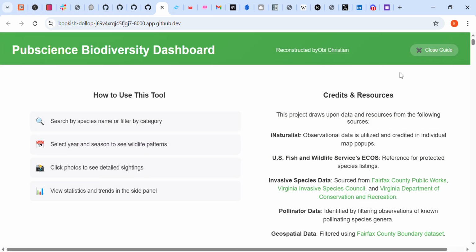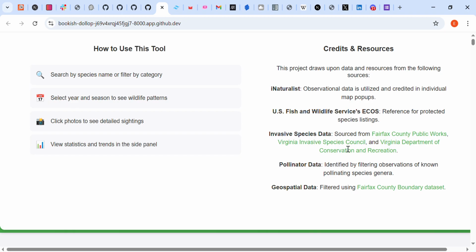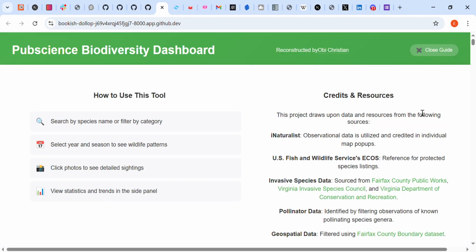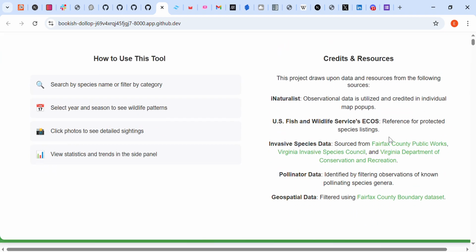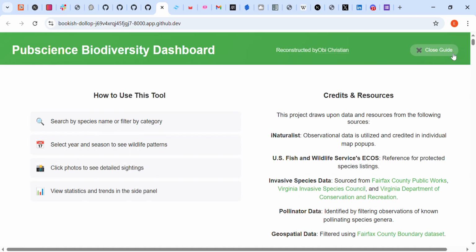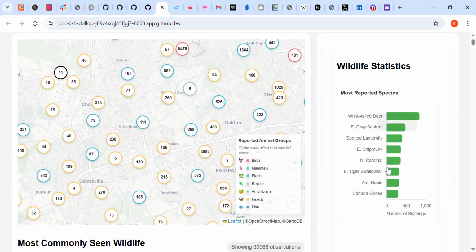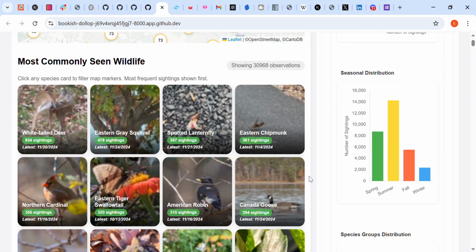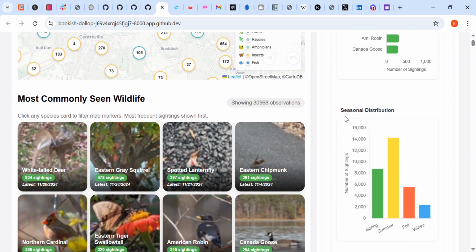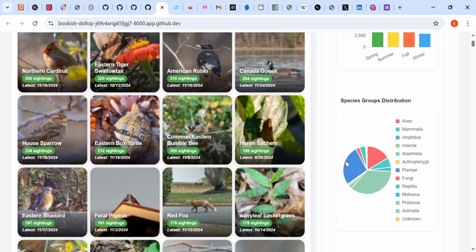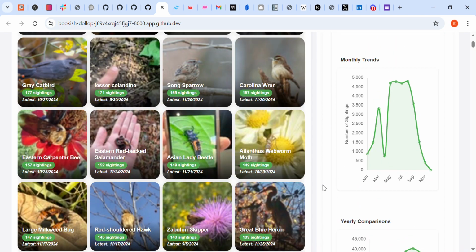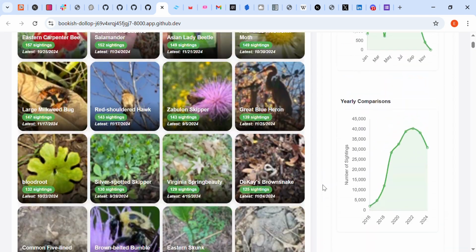You can see them in the guide and resources here. I got from iNaturalist, US Fish, Wildlife Science, Echoes, and the rest of them. You will see more on this. But the geographical location mainly was from Fairfax County. So yeah, these are the 10 top species. You can see more statistical data on the seasonal distribution, the species group distribution, the monthly trends, and the yearly